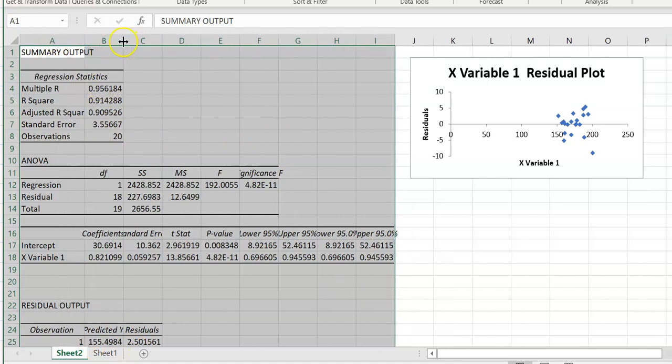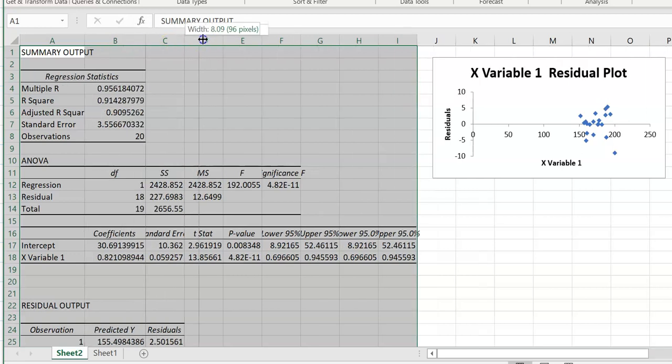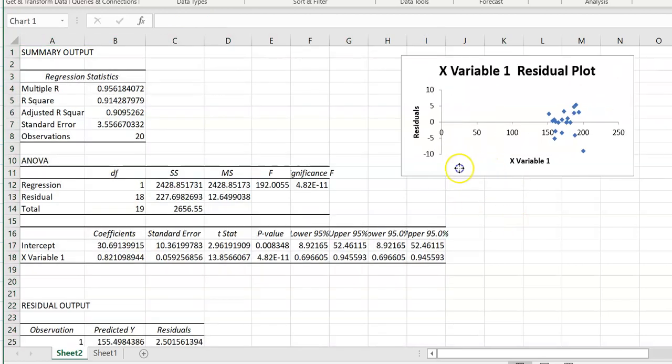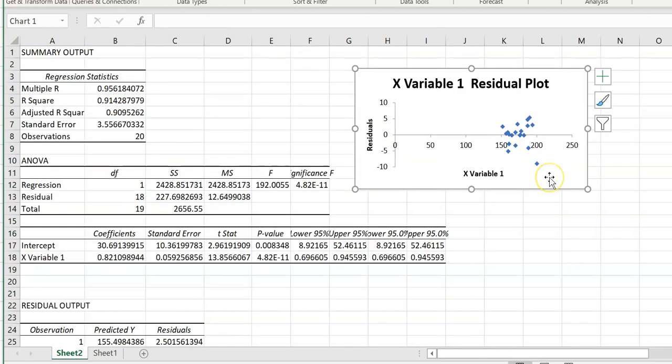If you want to see all of the tabs, you can expand them, and you'll see here that it's also given us a residual plot, which is a handy tool to confirm that our association is linear. So we're going to deal with the residual plot first.